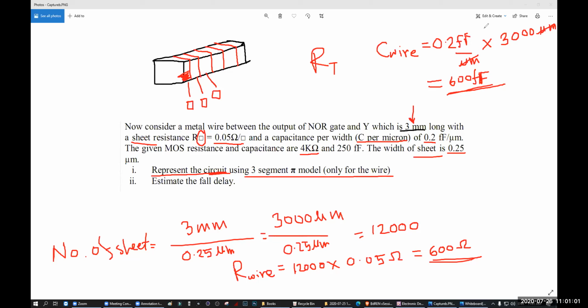What do you mean by pi model and T model? You have this wire, right? This is the wire. How will you represent it? Like a series? How will your capacitor be, in series or in parallel? In series. Are you sure? No, you are not sure. You are just saying it according to your assumption. But normally there is an analysis technique for this. That analysis technique is called pi model or T model. I will make you understand what I mean by that.